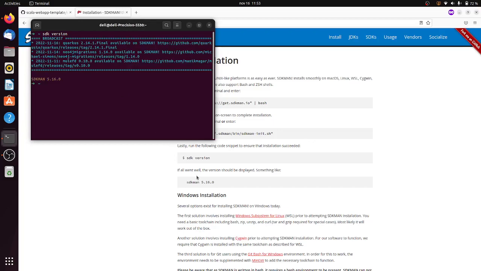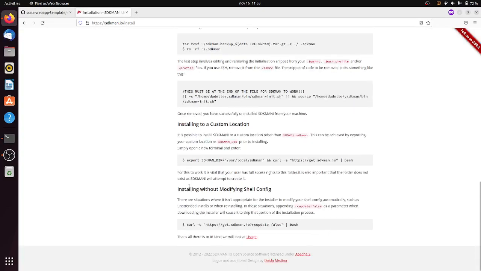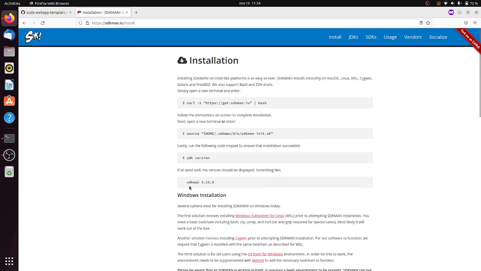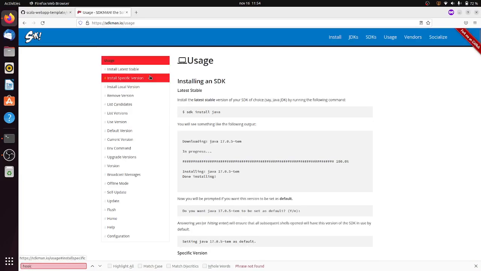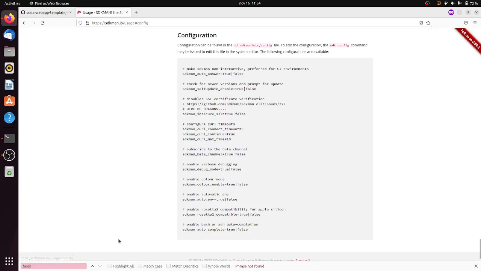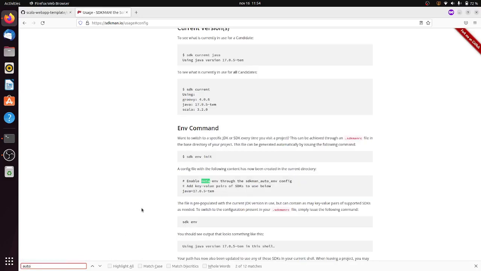Super good. Now, given that everything went well, I need to go and find something for the hook. What is the hook? Installation, beta channel, uninstallation, custom location. This is not what I want. But right here there should be something about the hook. There is a hook for... okay. So sdkman allows you to pick up the right Java version when you cd or change the directory